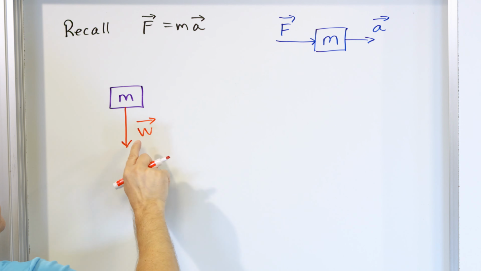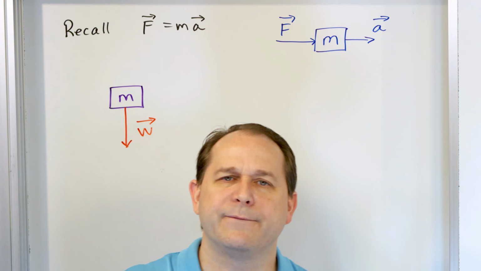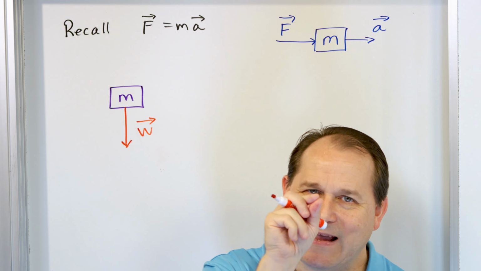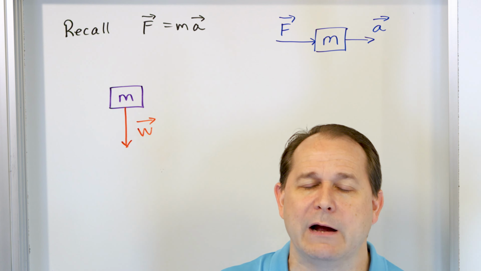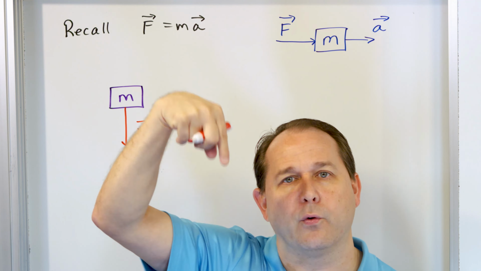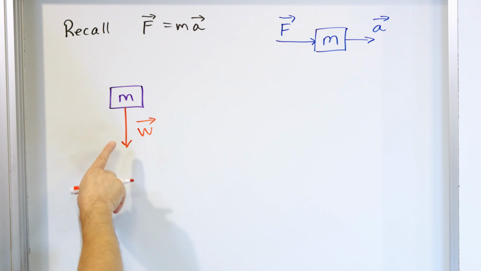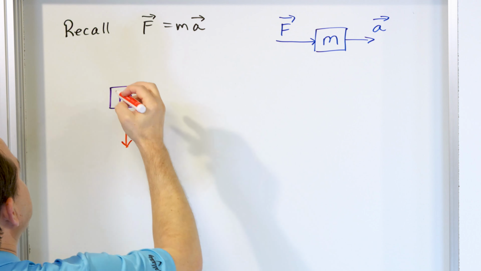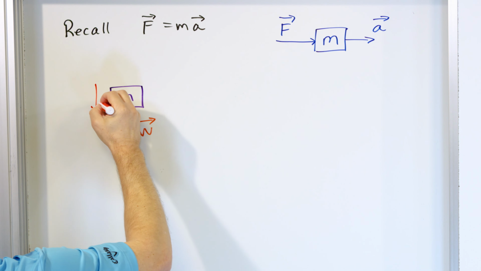But don't forget that this W vector, it's just a different letter, but it's a force. We label it W because it's the weight of an object, but it's just a force pulling down, force of gravity pulling down, okay? So we have a force of gravity pulling this block down, right? And this block is experiencing some acceleration down